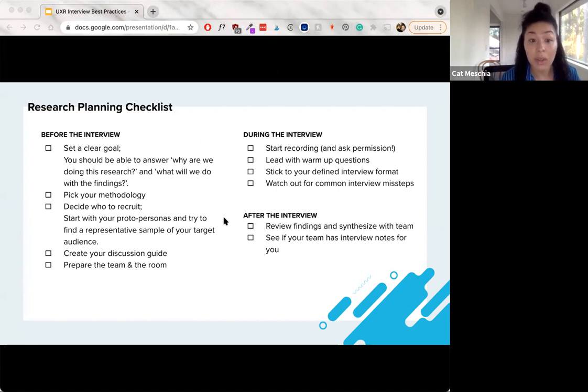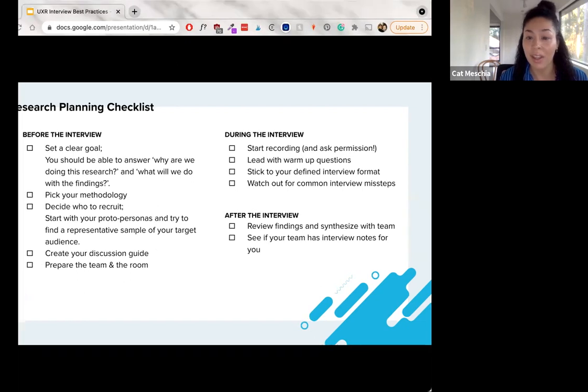On a similar note, I would definitely say involve your stakeholders in every step of the process. If your stakeholders are only showing up at project kickoff and readout, they are not bought in. This is going to honestly be a personal struggle for you as a researcher trying to convince them, or at worst, they don't truly understand the data that you're presenting. That's another way for the research to just quickly die on the vine, and no one wants that. No one wants to feel like all this effort is just going to end up in a PowerPoint deck on Google Drive lost forever. That's not our goal.